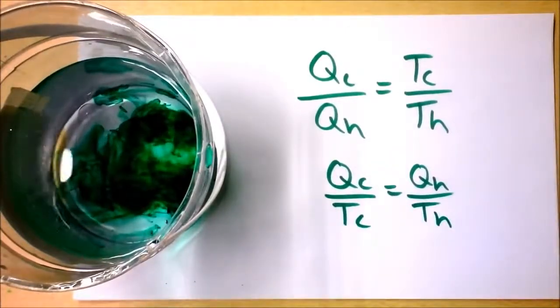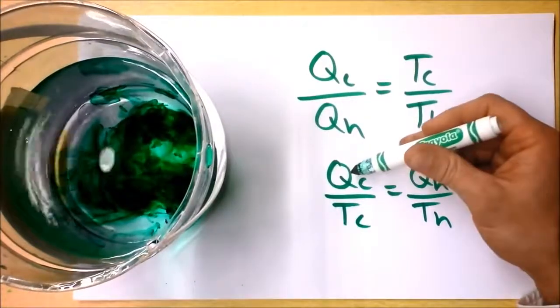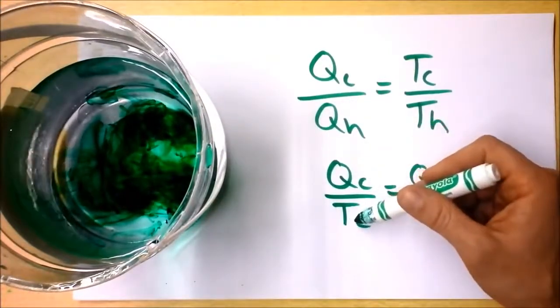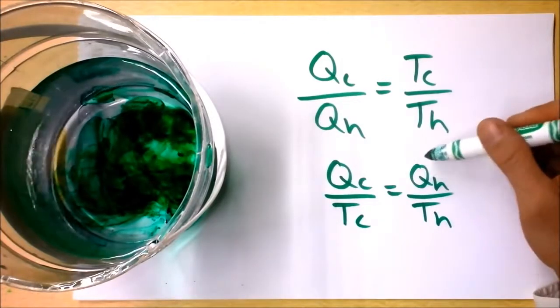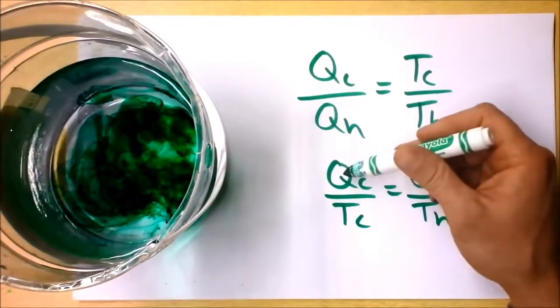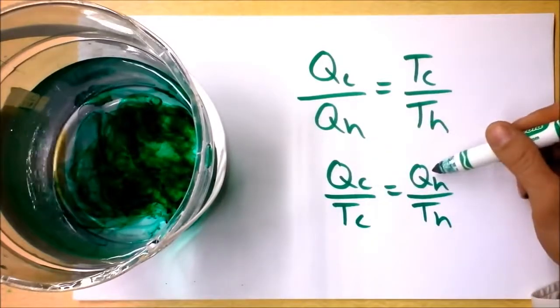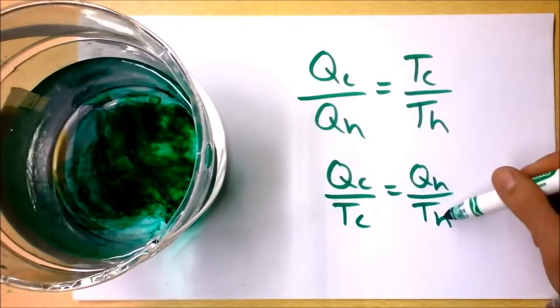Let's take a moment and talk about what this means. This means the heat leaving the cold reservoir divided by the temperature of the cold reservoir has to equal the heat leaving or entering the, this is the heat entering the cold reservoir. This is the heat leaving the hot reservoir divided by the temperature of